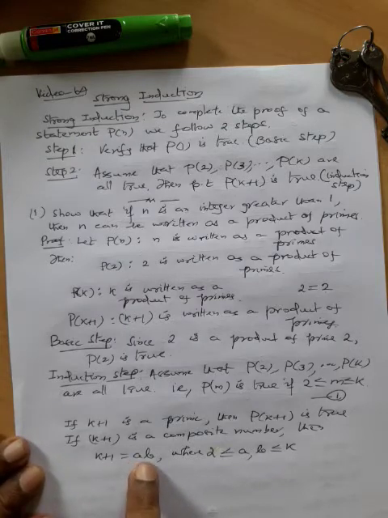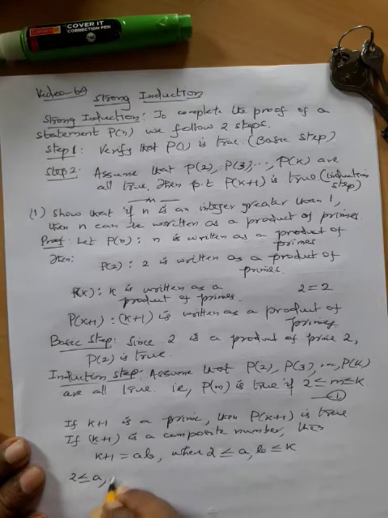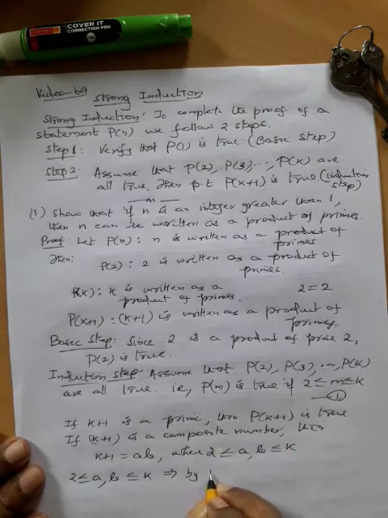So neither can be k plus 1; they are smaller than k plus 1 and greater than or equal to 2. So a and b are between 2 and k. So 2 less than or equal to a, b less than or equal to k implies, by 1,